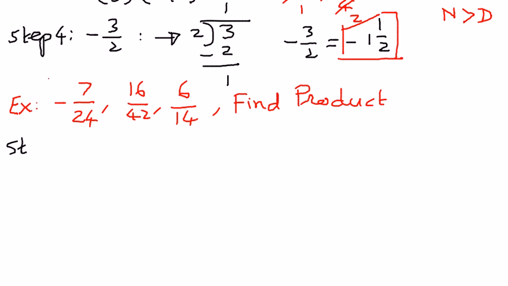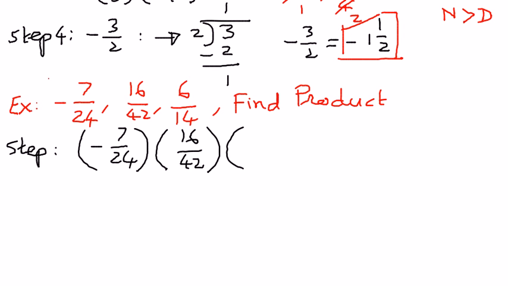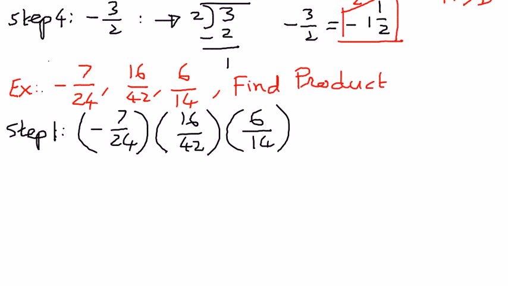We're going to put them all together first. Negative 7 over 24 is the first fraction we have. The second fraction we have is 16 over 42. The third fraction we have is 6 over 14. So now, as this is the first step, as a second step, we're going to